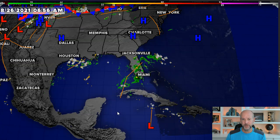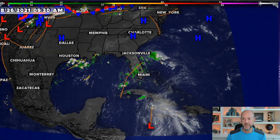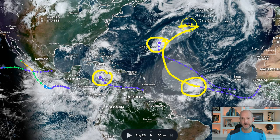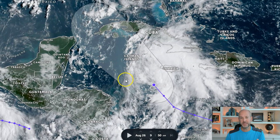Now, I'm going to quickly show you a brief view of it down here in the Western Caribbean, but I want to show you the wider view too, because we've actually got three separate systems, one here, and then this one near Jamaica, which is by far the strongest one. Now these two are no issue because they're going to recurve, there's dust out there, really not much of a threat from either of those systems, but it's this system right here, which is interesting